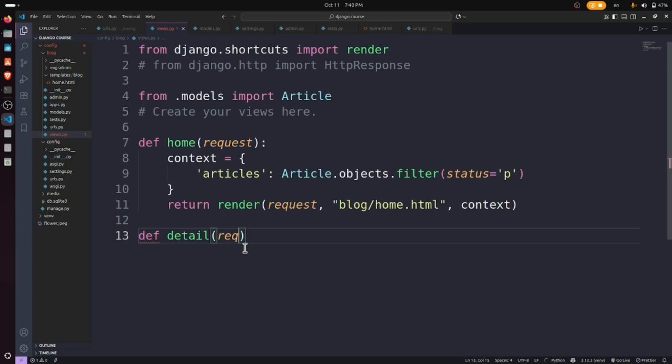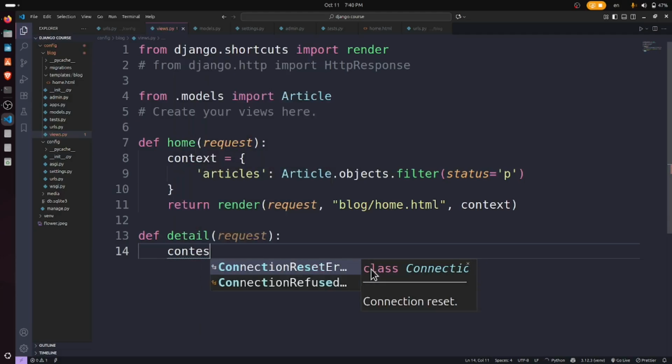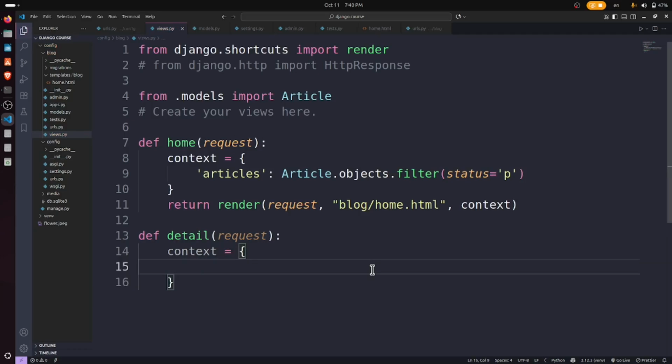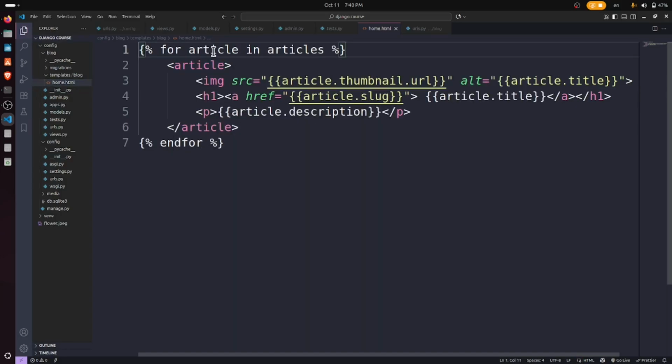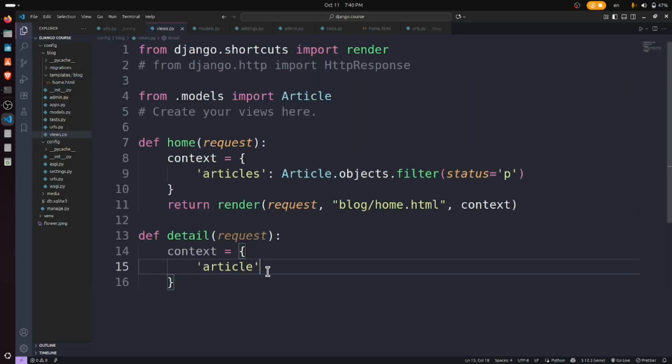It will take request, and I want to have the context here as well, because I want to take something like the article. This time it will be an article. Like here we had each article and a for loop over the articles, and in the detail view we talk only about one article, not all the articles. So now just take the article